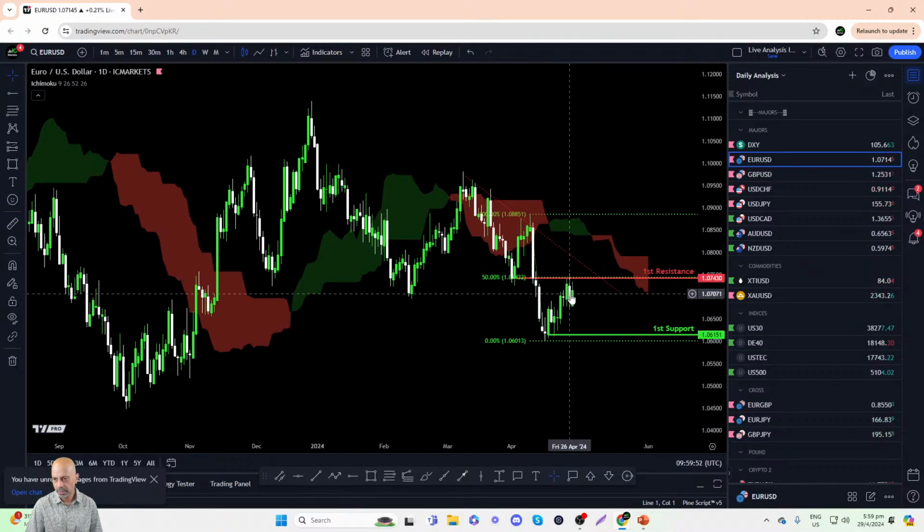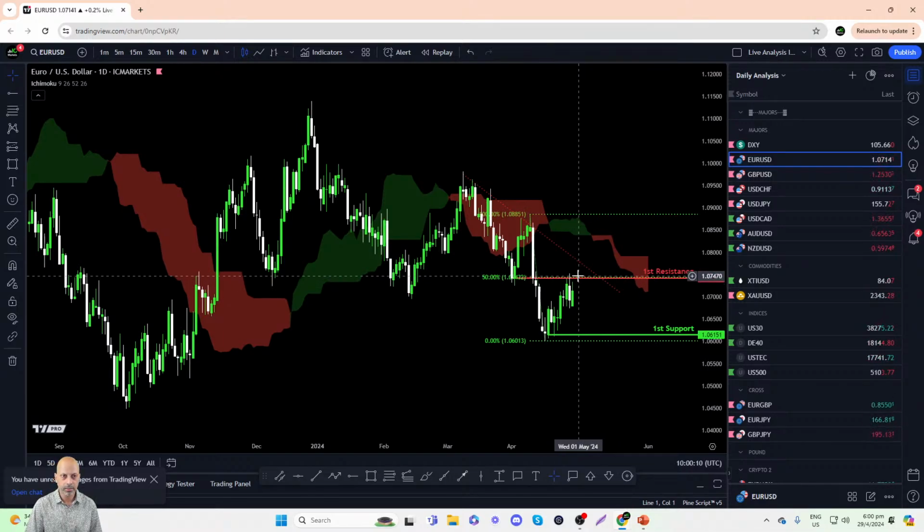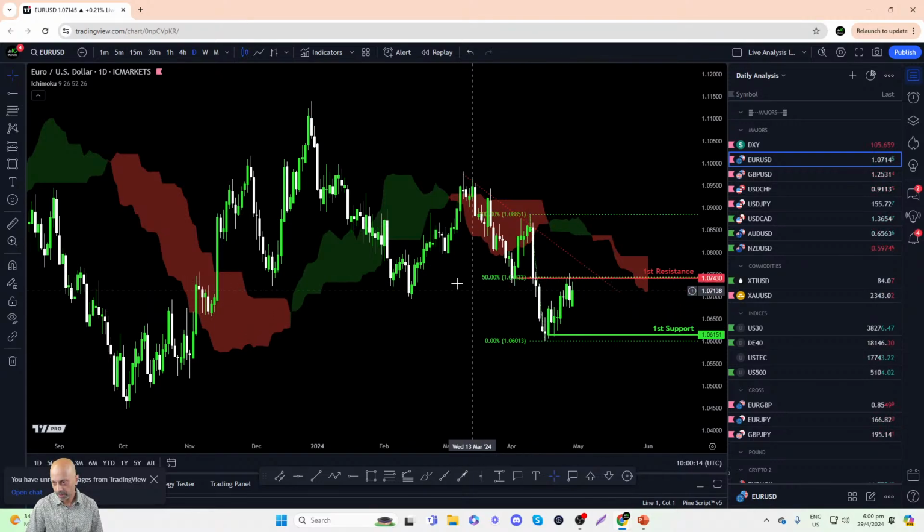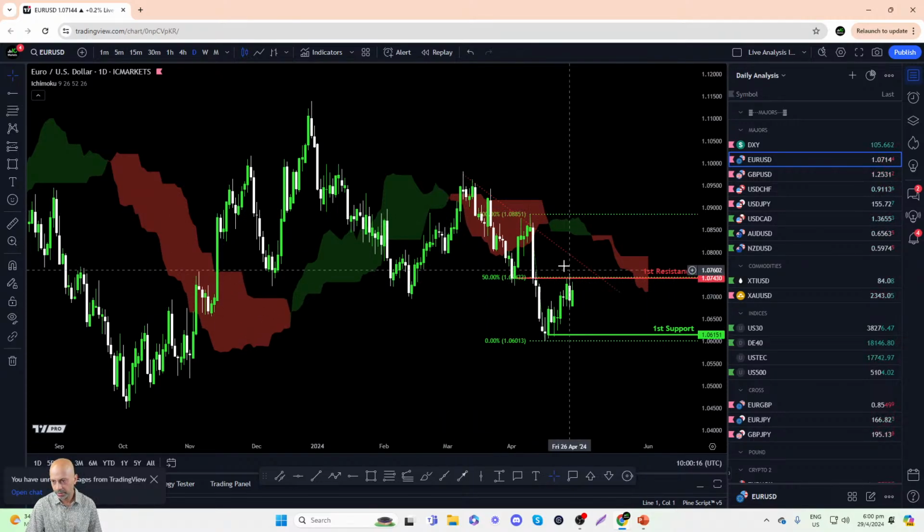Right, so should we see this currency pair continue to rise higher, especially to here, it may help us identify a potential short entry. And of course, if you have been long the euro, if you have any long euro positions today, targeting the first resistance as a suitable take profit zone would be a good idea. Right, okay, so these are the key levels for the euro on the daily time frame.